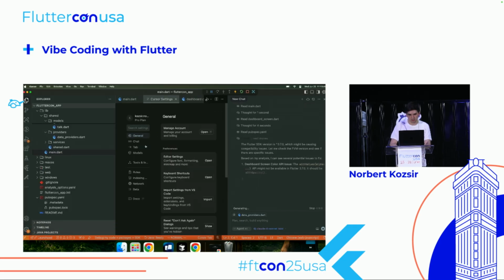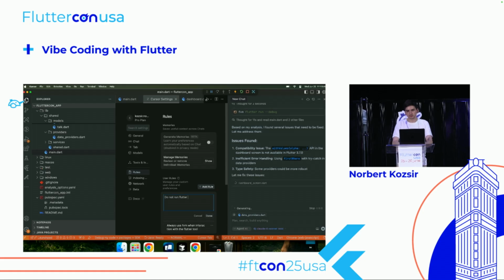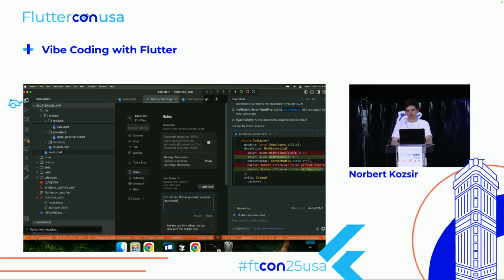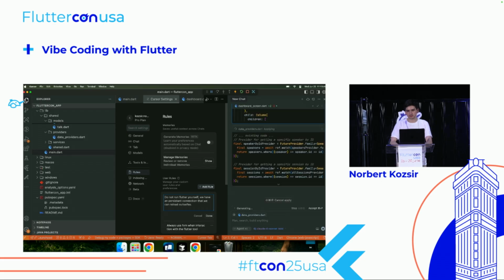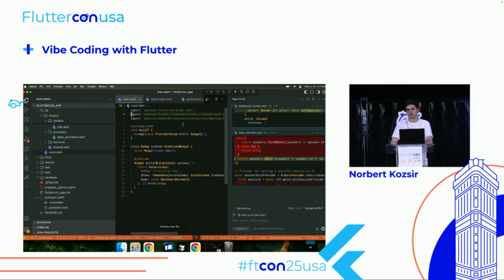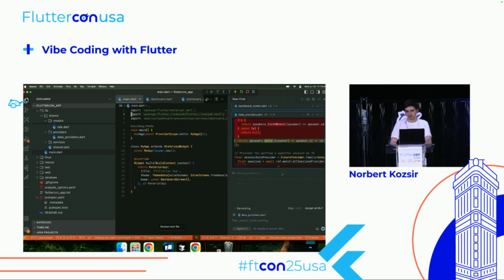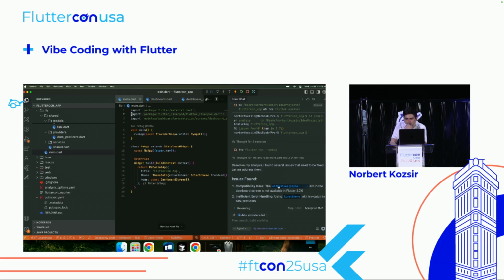I mean, we can go into rules. Do not run Flutter yourself. Done. We got a new rule. Next time it's just not going to run Flutter. It's that easy. So what it is doing now, first examine,